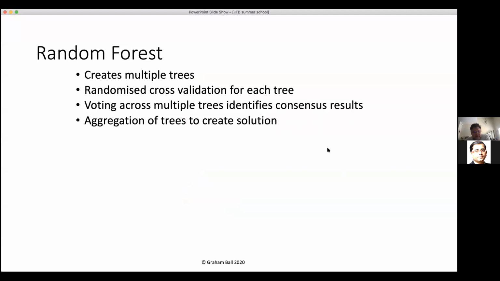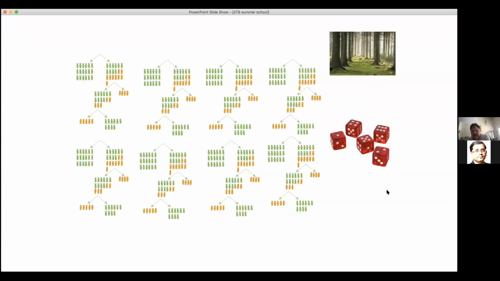So that approach, effectively by randomizing the population, having multiple trees, each one of these is identical, I didn't change them, but effectively you have multiple trees that all give a slightly different view of the population, but give a much more robust model at the end of the day. So a random forest is very much multiple trees built for a subset of the population.